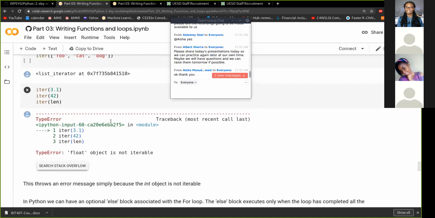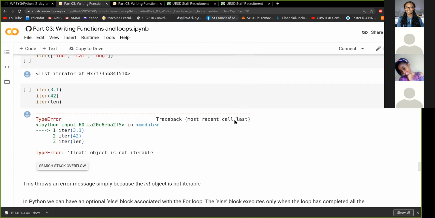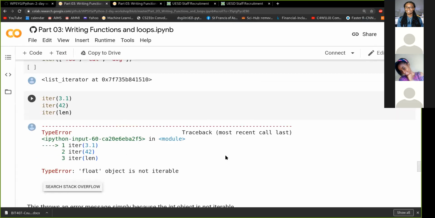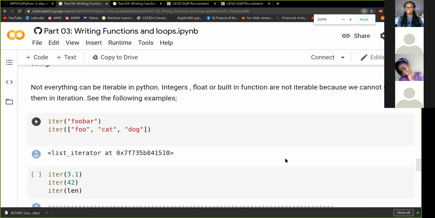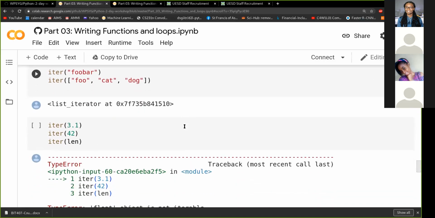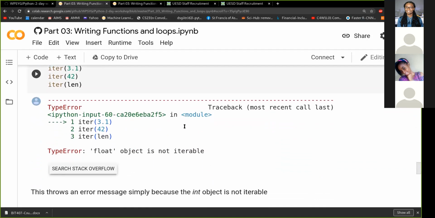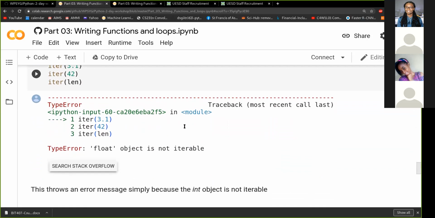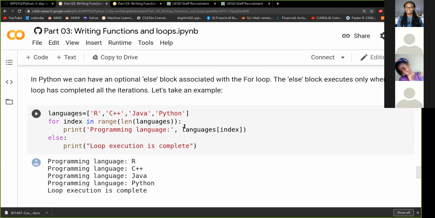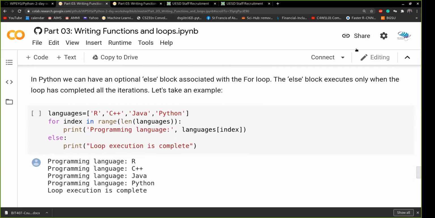Here. Yes, great. So you see that we have iter 3.1, iter 42, iter len. When you run this code, it actually prints an error message. This error message just shows us that the int, the float, and the len function cannot be iterated. Okay, so now we need to appreciate that the for loop can also be used together with an else clause